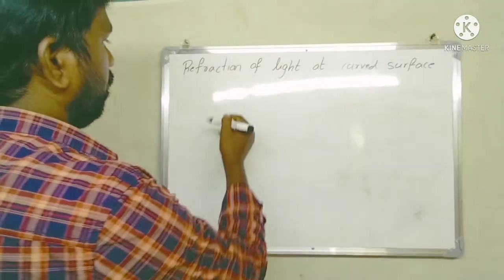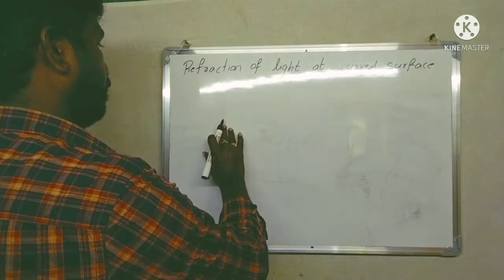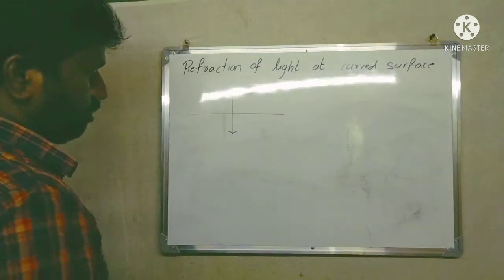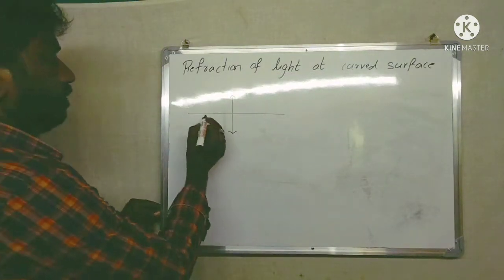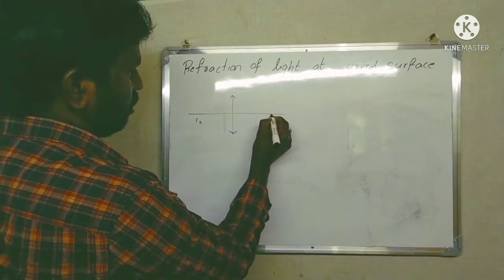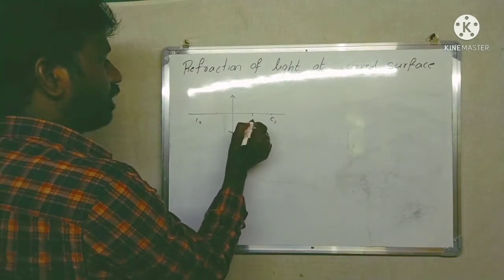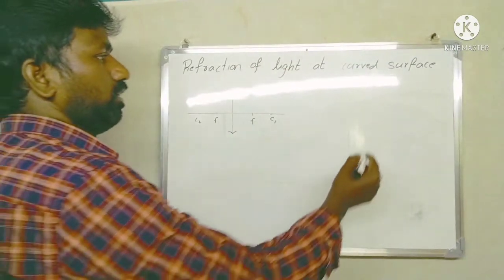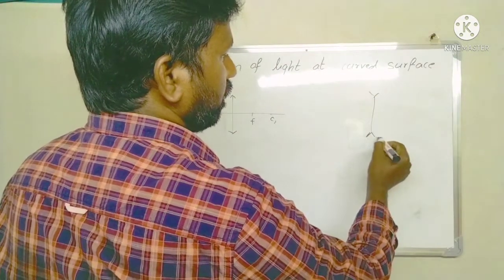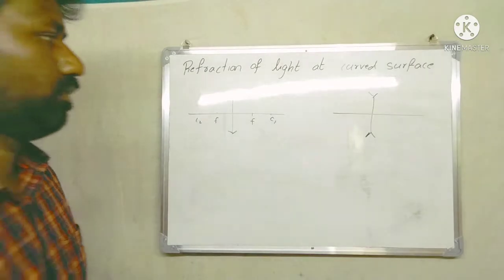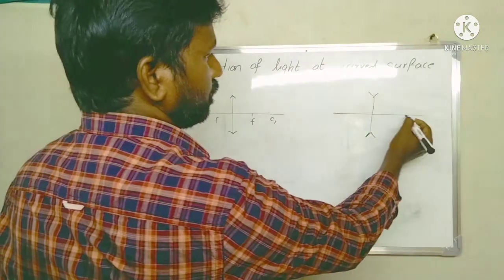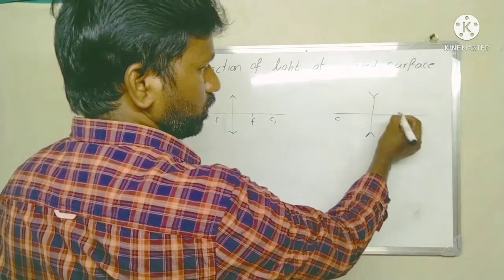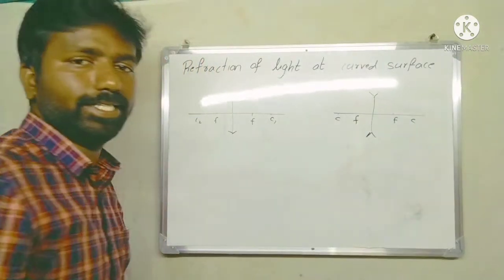First rule is for the concave lens, or we use the symbol, it is a simple thing. Convex lens. C2, C1, and focus we are taking over here, at the same distance. An equiconvex lens, and in that way we are taking an equiconcave lens also. Here this is the optic center, and this is the center of curvature, and this is also a center of curvature. C1 and C2 depend on the direction from which the light ray is incident on the lens.